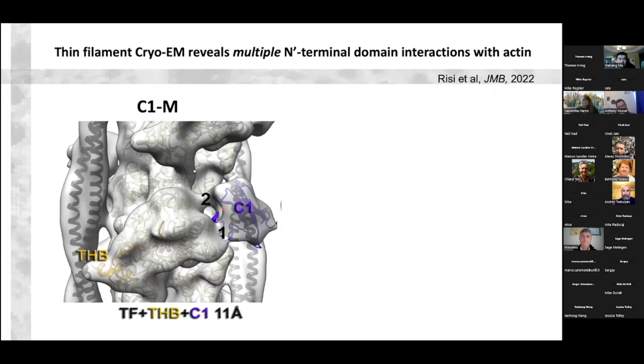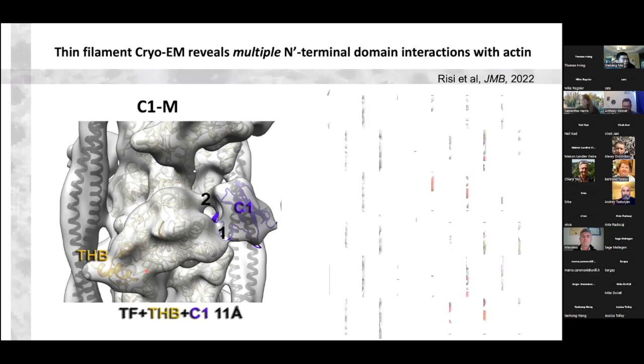from last year, where it shows the C1 domain of myosin binding protein C on the thin filament, as well as a structure called the trihelix bundle of the M domain. And this is a particularly important regulatory region of myosin binding protein C. So we're getting a lot of details from these different cryo-EM approaches. And this has been really quite a revolution and very exciting to be part of this.